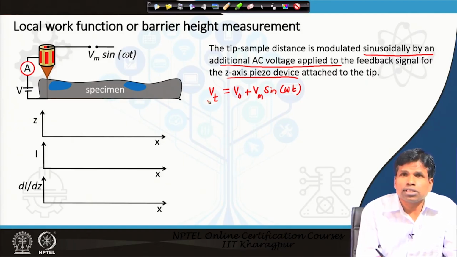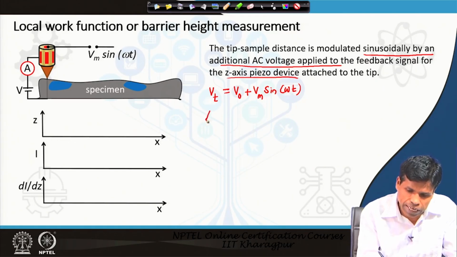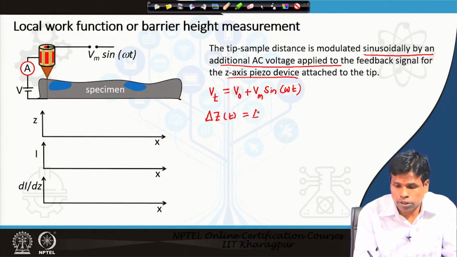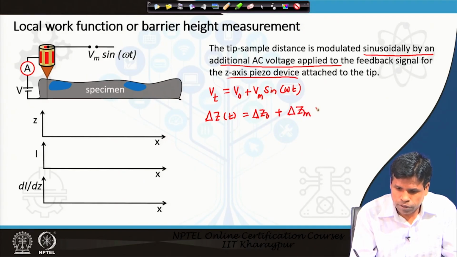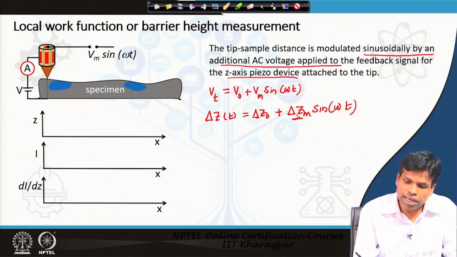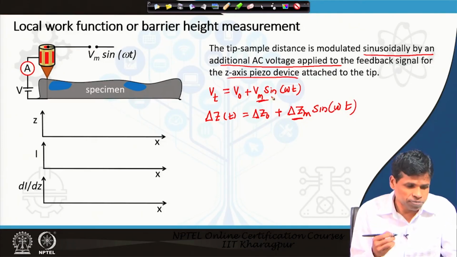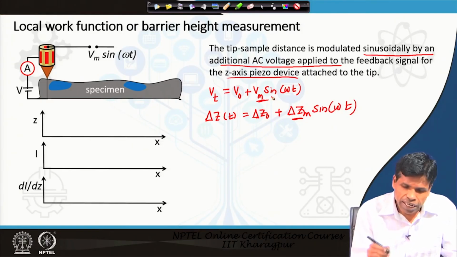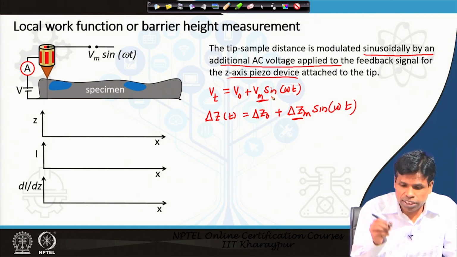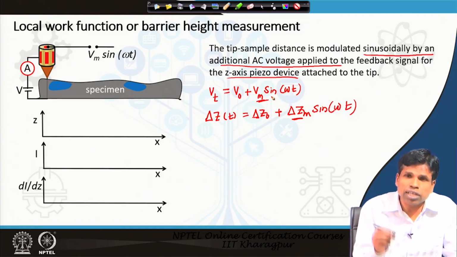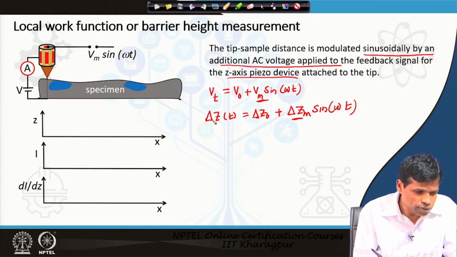Now, by giving this voltage, the distance between the sample and tip will change. That means there will be del z equal to del z0 plus del zm sin omega t. This can be done. Here, this del zm and Vm are related to the piezoelectric coefficient. We have discussed the piezoelectric coefficient earlier, and I am not going to go through those things again. Accordingly, as the voltage is oscillating and the height, or del z, is changing, there will be an oscillating tunneling current,